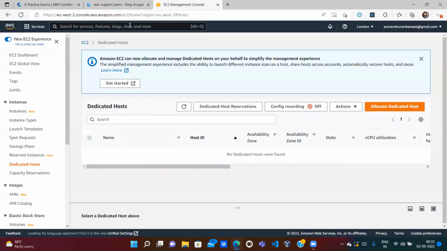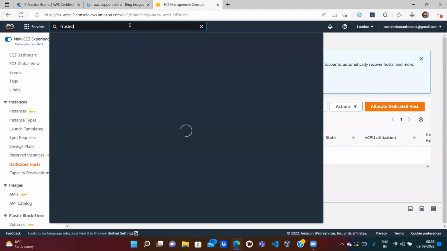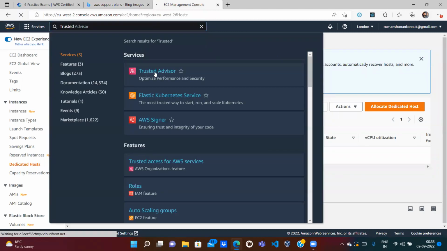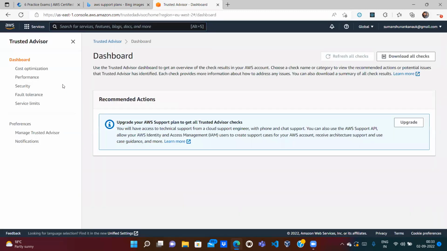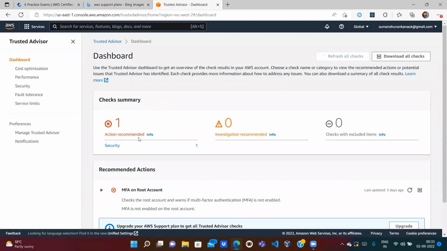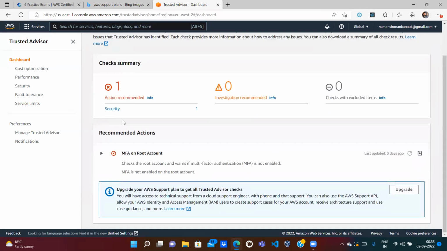If you go to Trusted Advisor in AWS, it will do the performance scan, security scan. There are so many scans. It's mentioned that one action is required, action recommended. It did the security scan, that's why it is saying this action is required. I am in the basic plan, so still I am able to see this. We can upgrade our plan to get all the checks, but we are in the